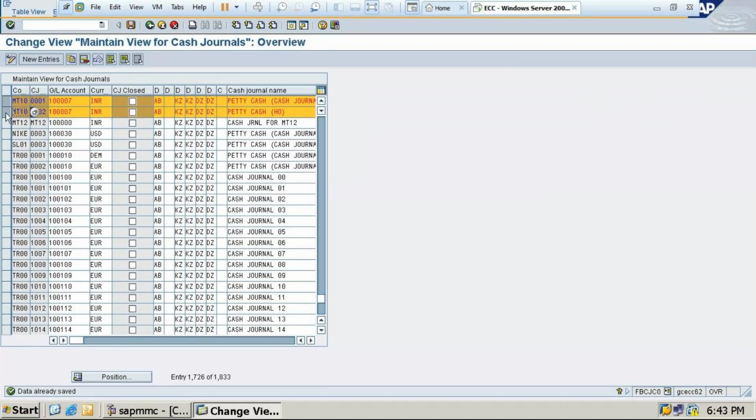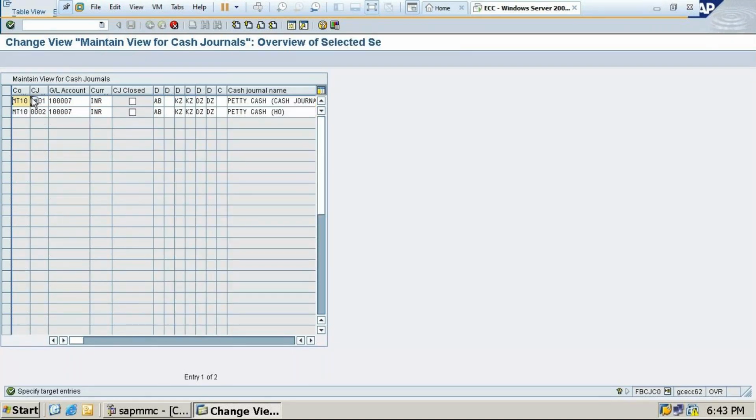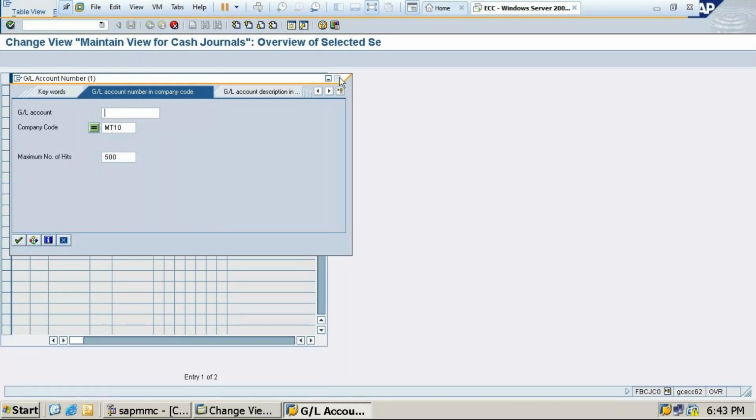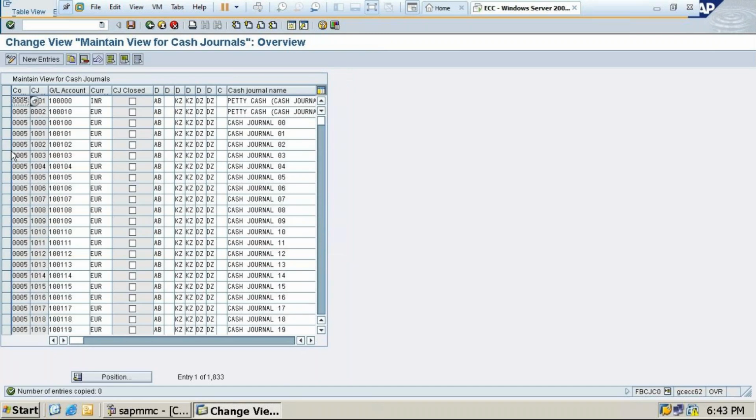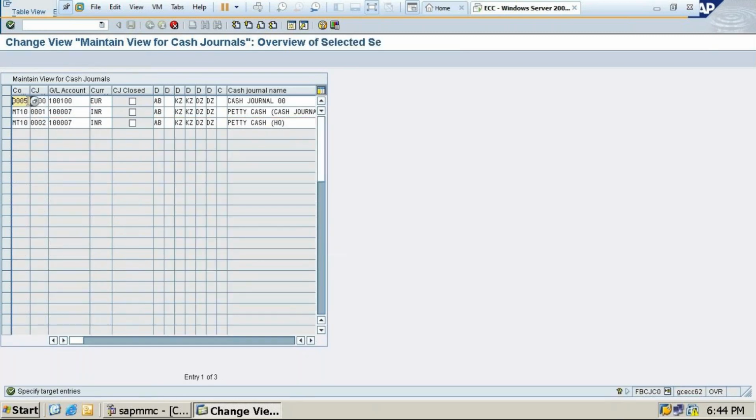Click on this and copy as, and here I am going to change some more rows. Select this MT10. Okay, so 002 we will take, not a problem. One second. This will also take 1000. Copy as. So this I am going to enter